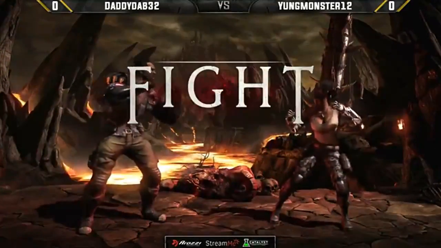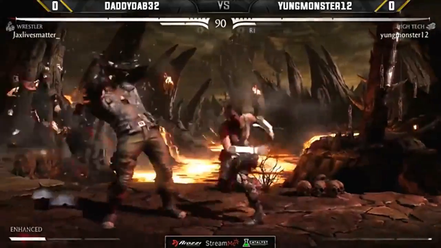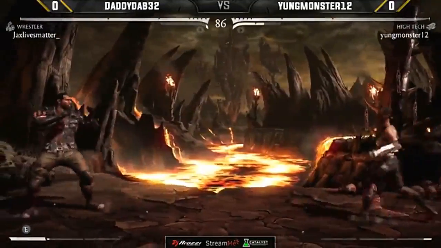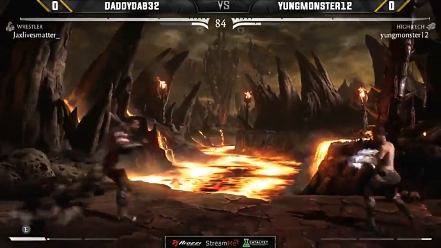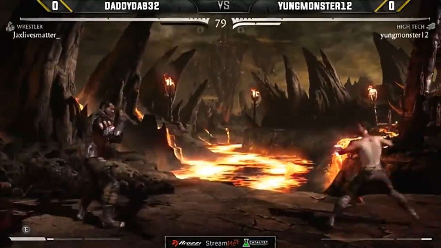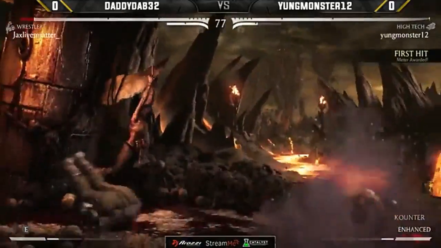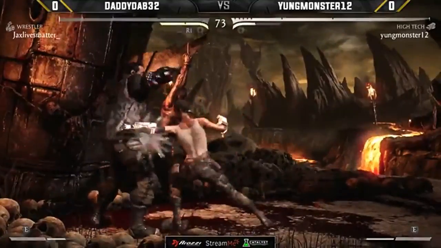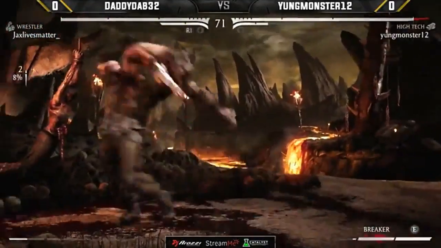Now, just as a heads up, the winner of this will be playing Rewind on Wednesday, so that's going to be interesting. YungMonster going for high-tech Jacqui instead, trying to establish a scary up-close game that Jax has. Or as some might say, he had. Troll pick, as some people would say. I mean, she does have a lot of good plus frames on those cancels, so...